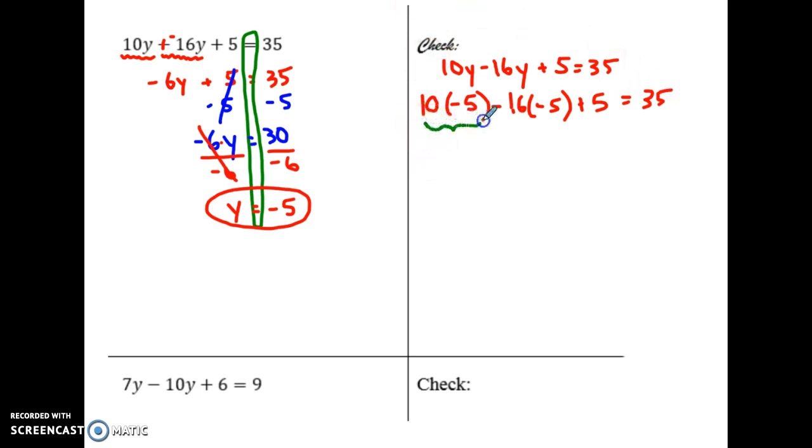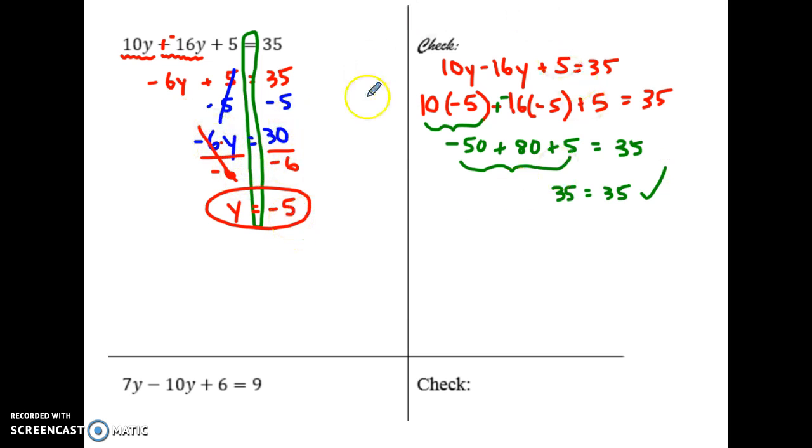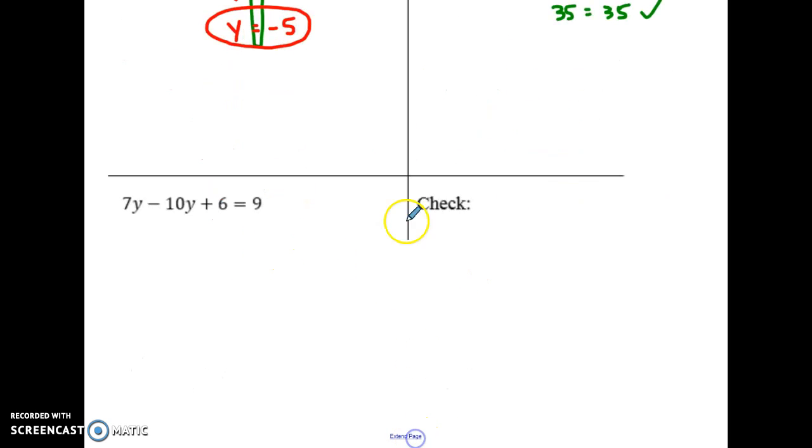So if you're doing this by hand, 10 times negative 5 gives you negative 50. This is like having a negative 16 times a negative 5, which I believe is positive 80. And then we have to combine all three of those. So I believe this gives us 30 plus 5 more. Yep, 35. Okay, so if you had not divided by that negative 6 in the very beginning, you would have thought the answer was 5, but you would have found your mistake over here because you would have gotten the check